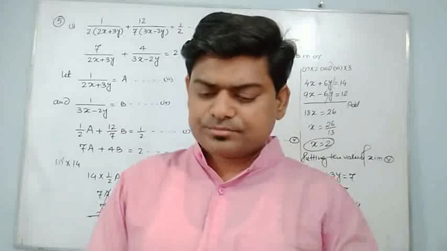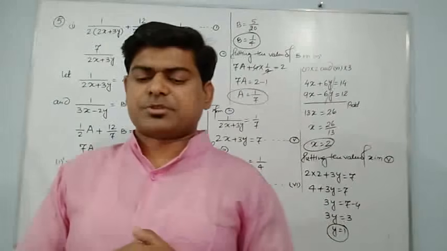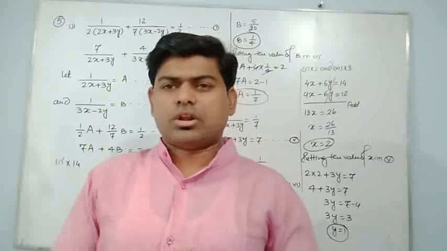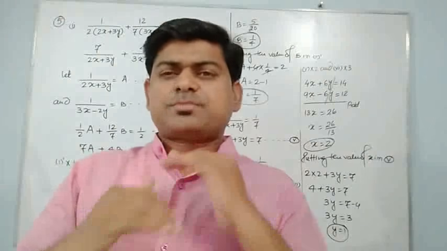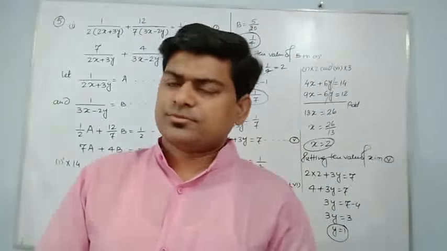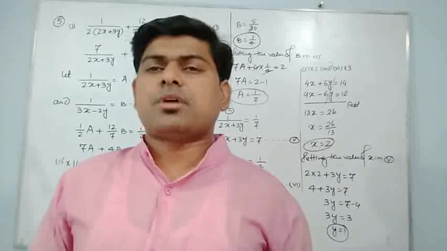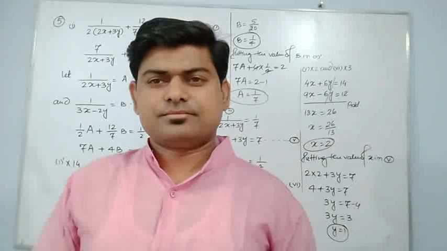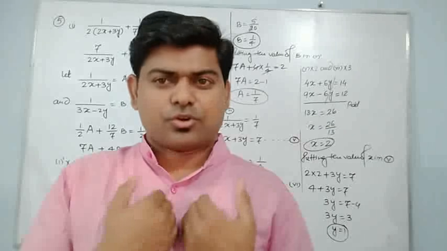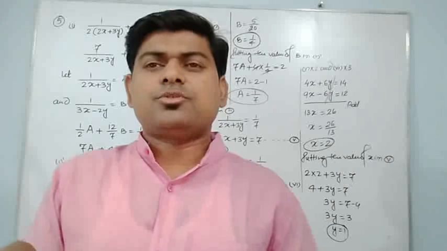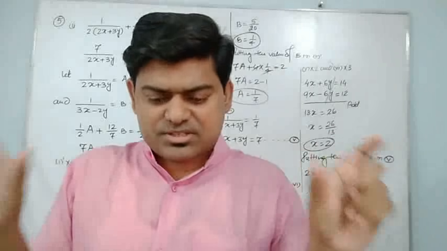I am reading one question, and hope you will get something. Question number 3 of your chapter number 6. Actually, questions 1, 2 and 3 are all the same type. I am reading question 3 and trying to explain it first, and then I will solve it. The question says, the sum of two numbers is 43. We don't know which two numbers, but we know that if I take any two numbers, their summation should be 43. That is the first statement.